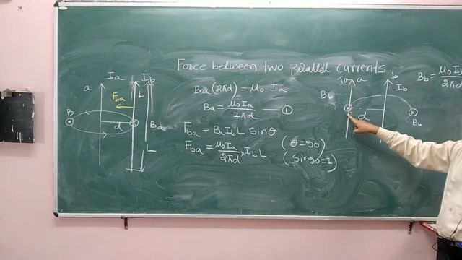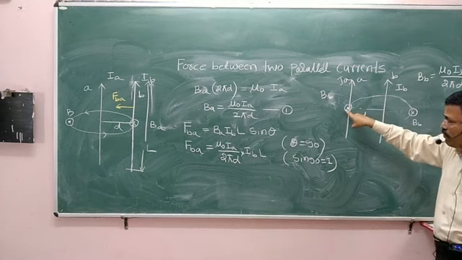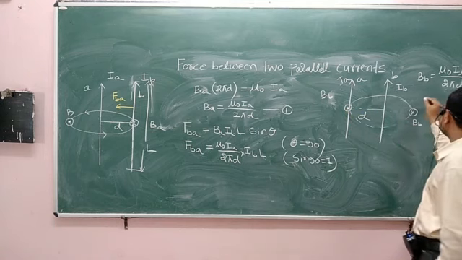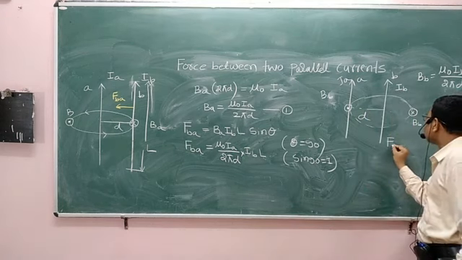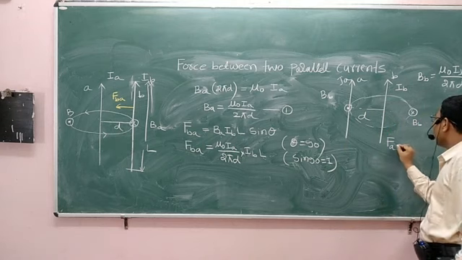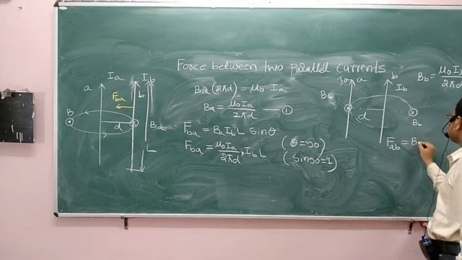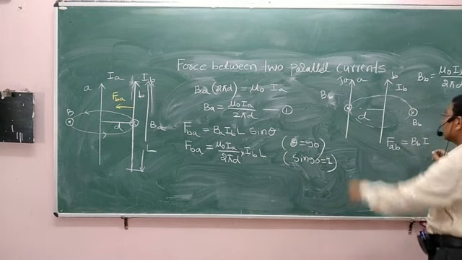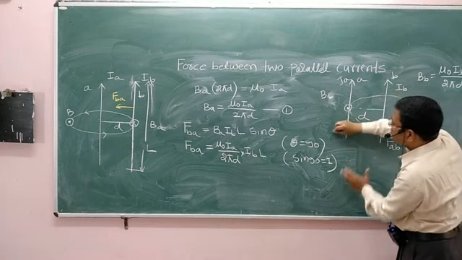This conductor experiences a force because this current carrying conductor is kept in the magnetic field produced by the conductor B. That I can write as the magnetic force acting on the conductor A by conductor B is equal to B I L sin theta, that is the magnetic field here into the current passing through this conductor Ia into the length of this conductor L